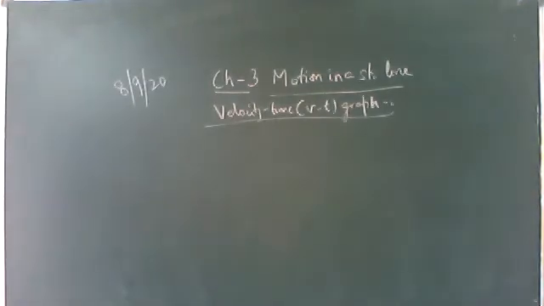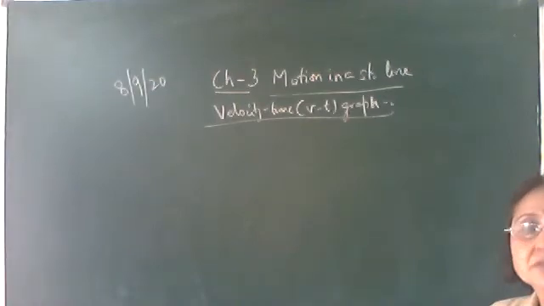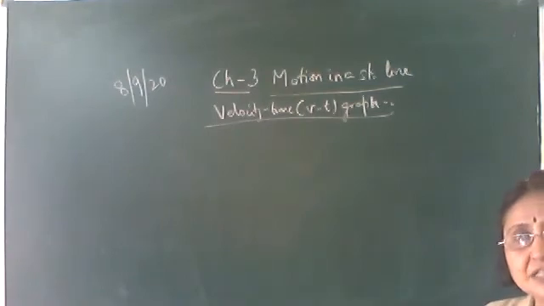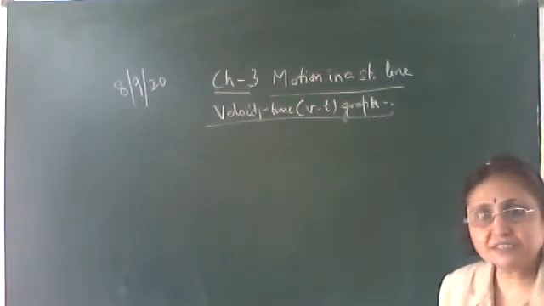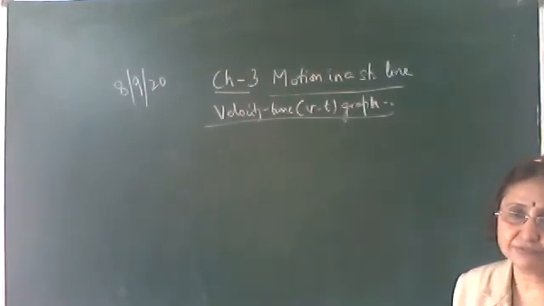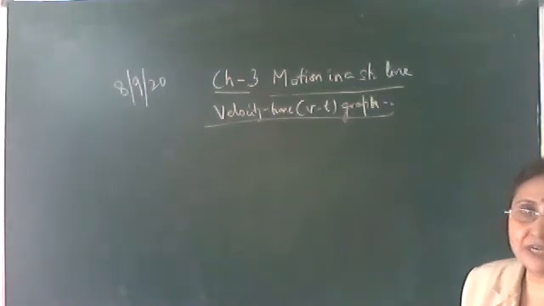Write the first one, acceleration. Acceleration is given by the slope of the line. Okay, so acceleration is given by the slope of the line. Okay, and the second physical quantity, distance traveled. Write the second one, distance traveled, which is the area covered under the line. Distance traveled is area covered under the VT graph.